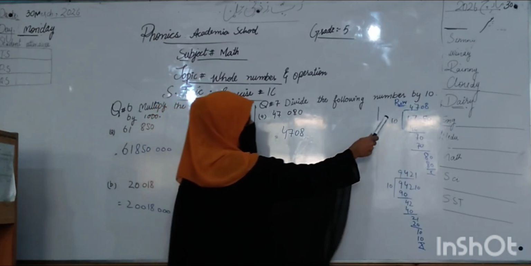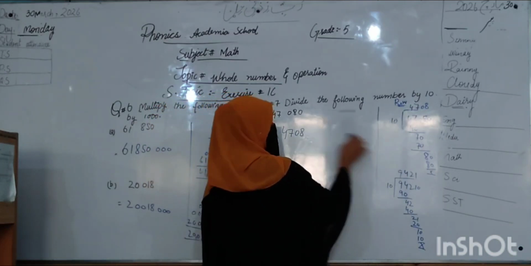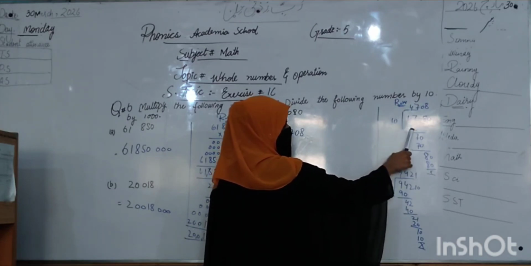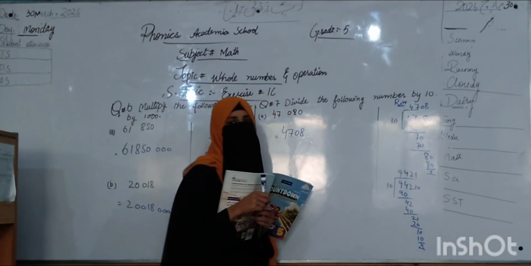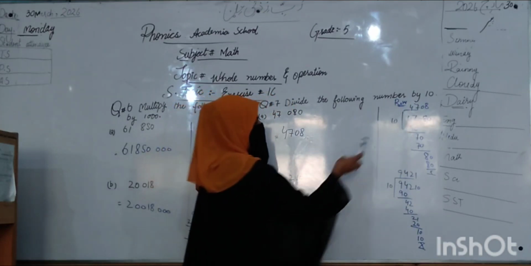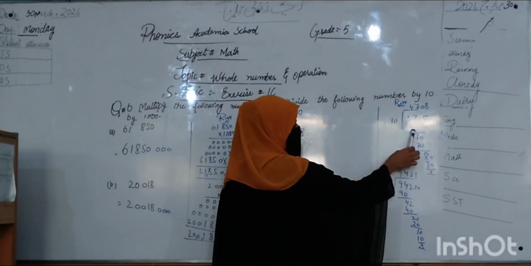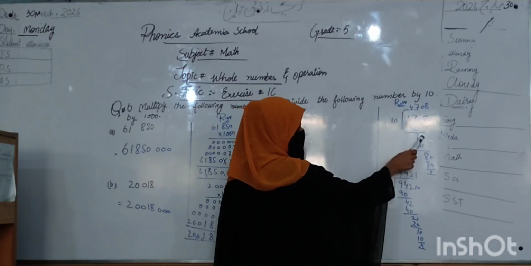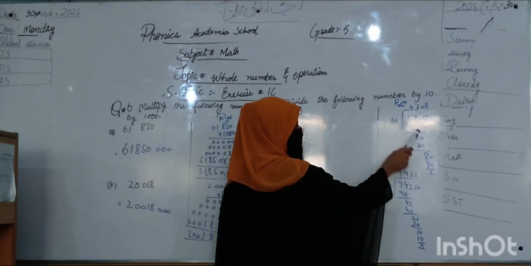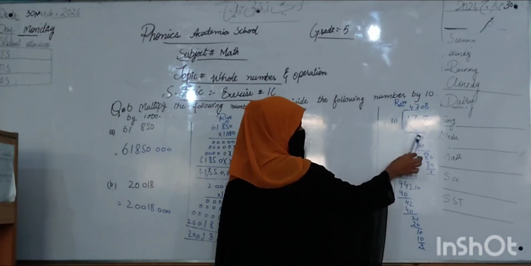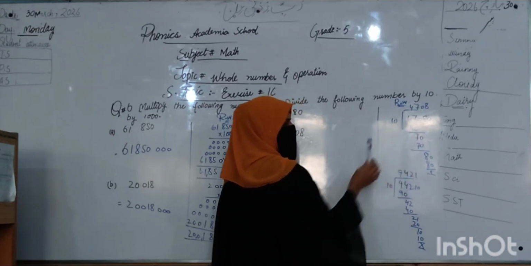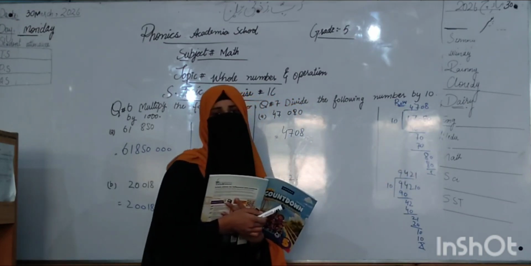47,080. Students, look at this rough work: we have to put 47,080 inside, divided by 10. Firstly we divide on the first two values. So 10 fours are 40, and the remainder is 7. Then you take your next value, 0, which makes 70. 10 sevens are 70, and there is nothing left as remainder. Then when you take your next number, 8, the 8 is not completely divisible by the table of 10.